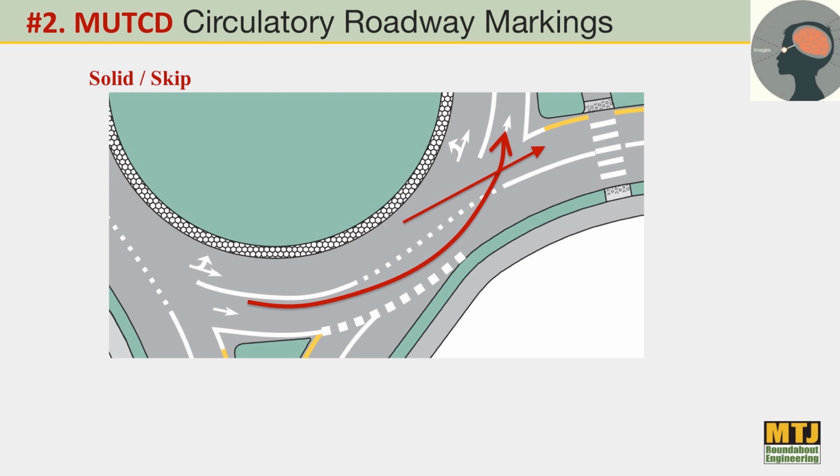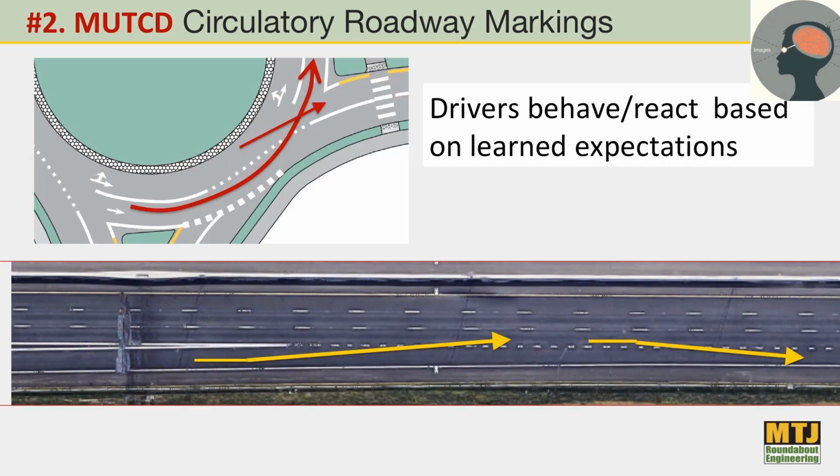And so as we look at all of our other roadways, when we have solids and then a skip style marking, which is what's shown here on the bottom, it's a weave opportunity. So we shouldn't be too surprised that we've conditioned drivers that when you see a skip, you can change lanes. And I've argued that you don't want people changing lanes or having any idea that it's okay to change lanes without looking really closely first